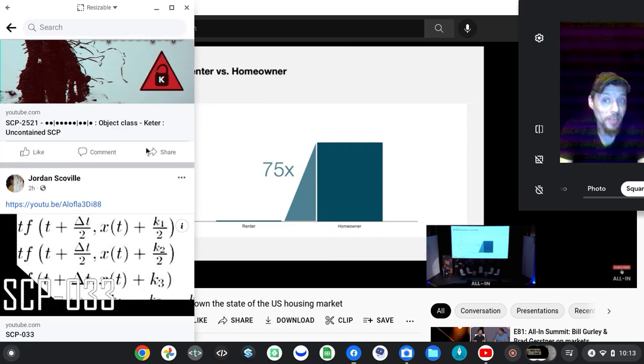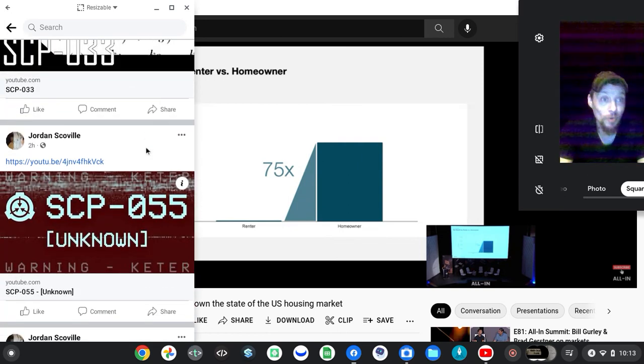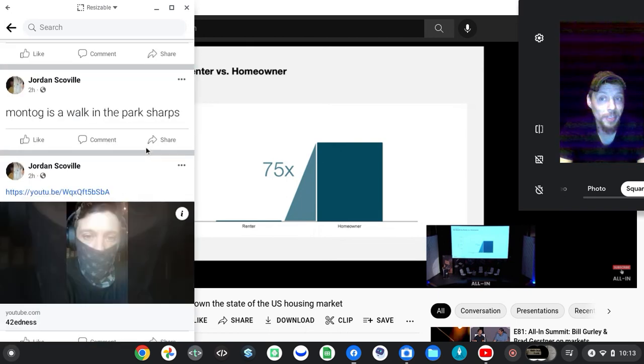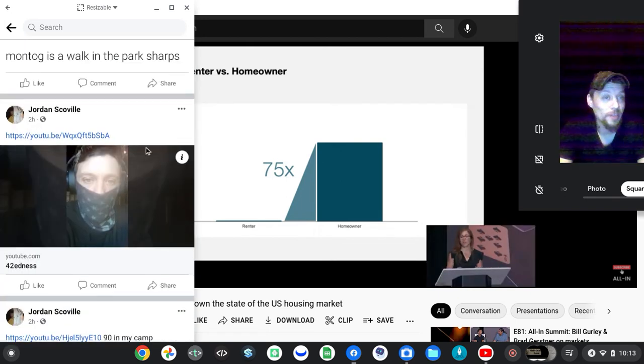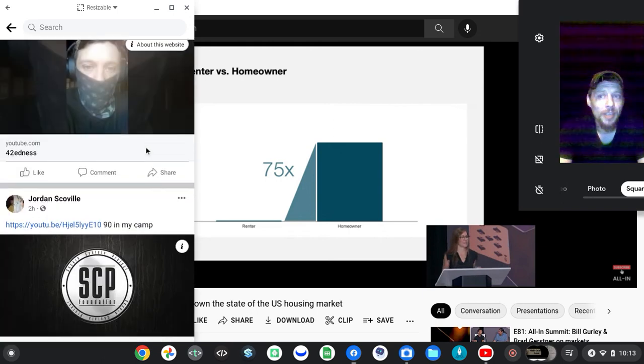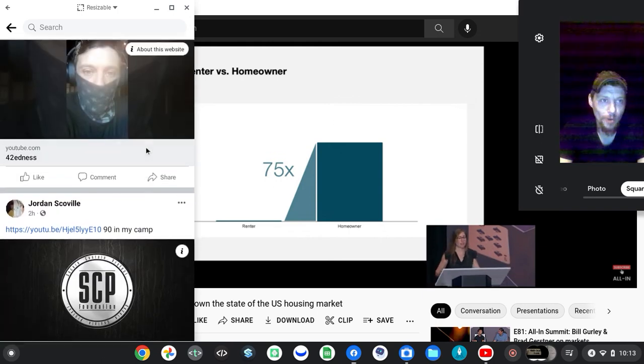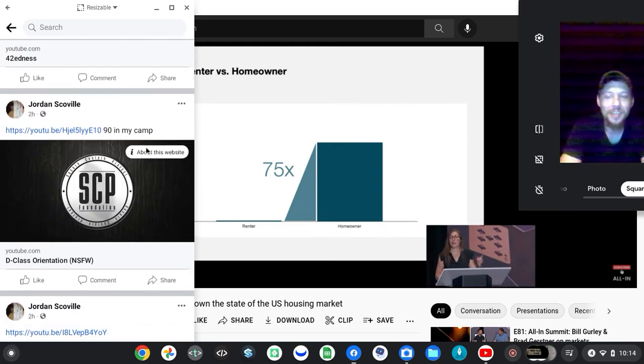What I think is so interesting here is that I'm not saying the answer is homeownership. You want to invest in crypto? Great. You want to put your money into the S&P 500? Even better. However, the majority of Americans, as you just saw on this slide, don't invest in equities as much,